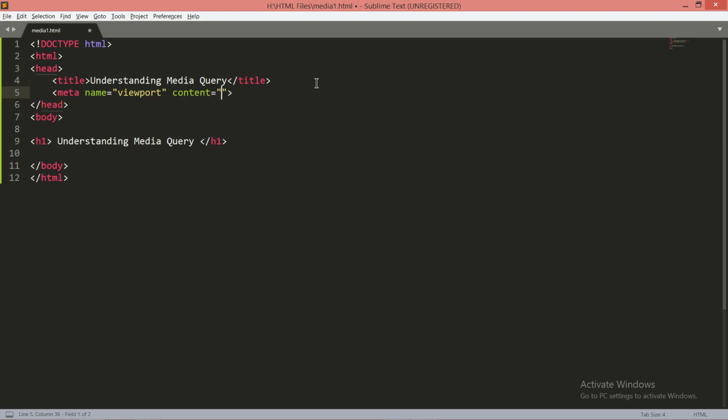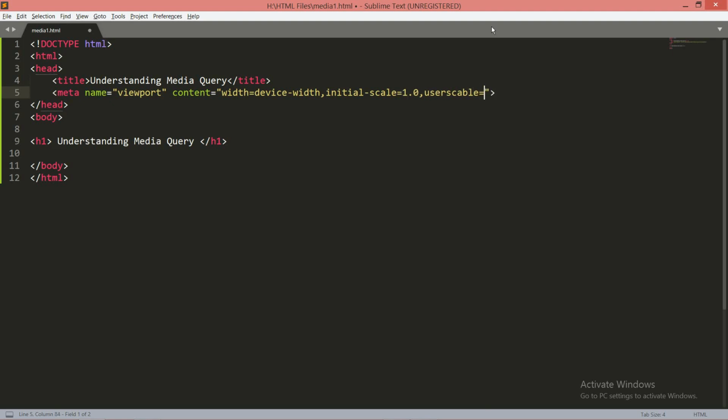Content means what content you want to set. I say width is equal to device-width, comma, initial-scale is equal to 1.0, comma, and then user-scalable is equal to no. Sorry, I shouldn't put a colon here, just put equal to.